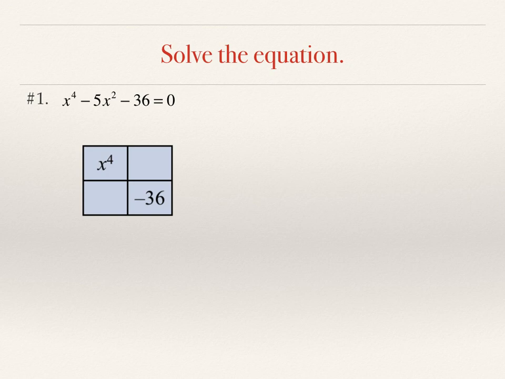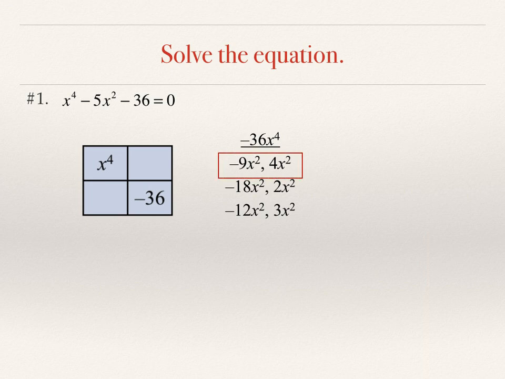in the bottom right. I multiply those together and I get negative 36x to the fourth. And now I start looking for factors of negative 36x to the fourth. And I'm trying also to see which of these sets of factors will add together to equal negative 5x squared. Now that I've identified the factors that I want to use, I put those along the diagonal, and now I